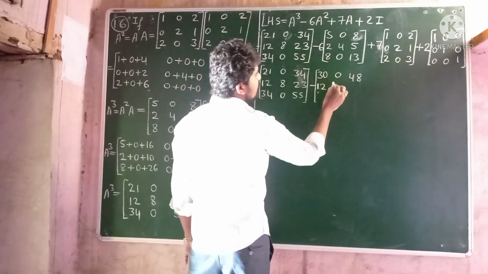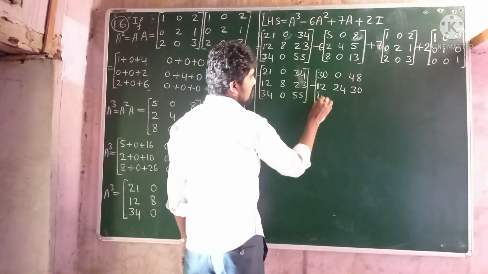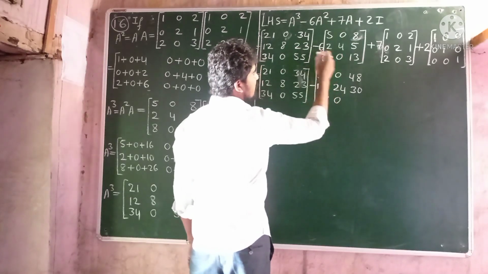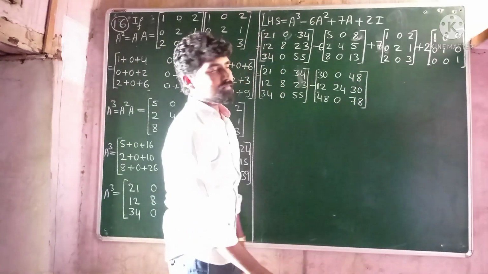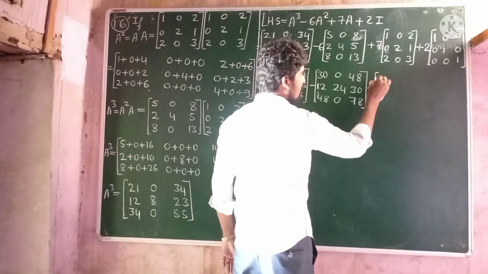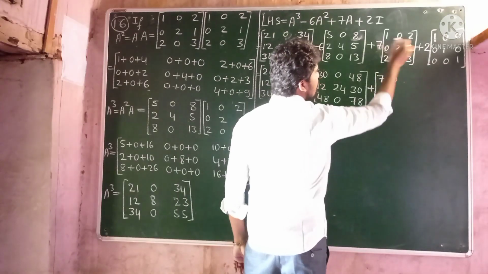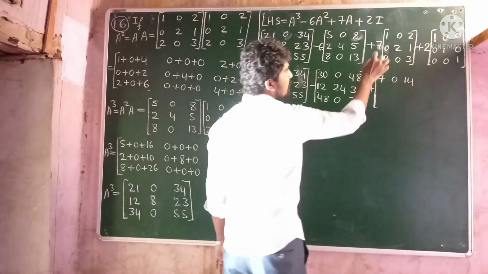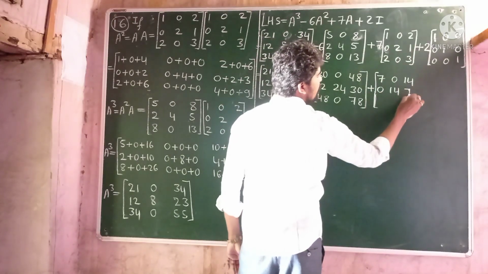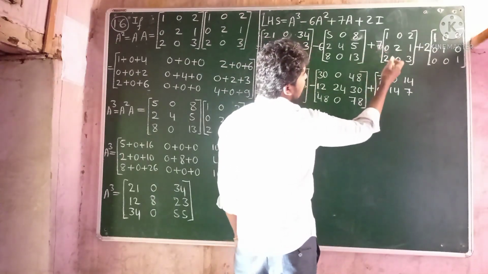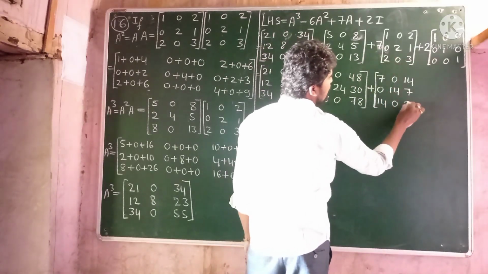12, 6 into 4 is 24, 6 into 5 is 30, 6 into 8 is 48, 6 into 0 is 0, 13 into 6 is 78, plus 7 into 1 is 7, 7 into 0 is 0, 7 into 2 is 14, 7 into 0 is 0, 7 into 2 is 14, 7 into 1 is 7, 7 into 2 is 14, 7 into 0 is 0, 7 into 3 is 21,